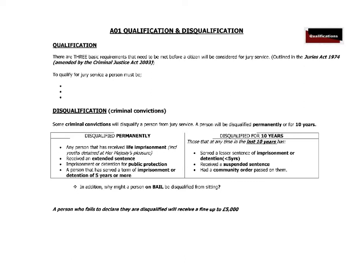Okay, second qualification then, you need to be on the electoral register, i.e. you need to be eligible to vote, otherwise we can't get you because we select you from the electoral register. So that's your second qualification. And your final one, you need to have lived in the UK for a minimum of 5 years since you